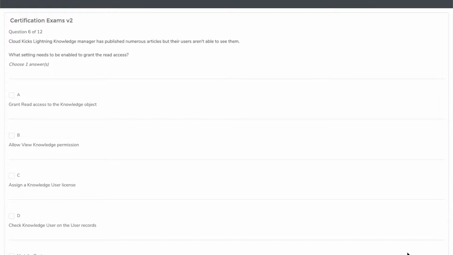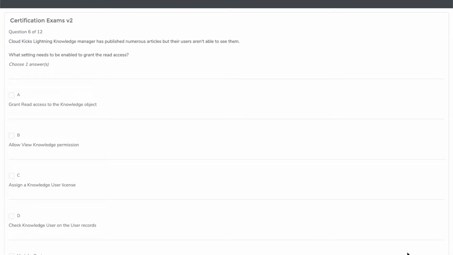All right, let's take Marciana for you on this one. Lightning Knowledge Manager has published numerous articles, but their users aren't able to see them. What setting needs to be enabled to grant read access?